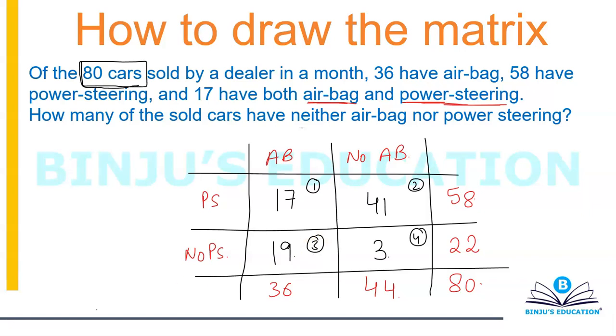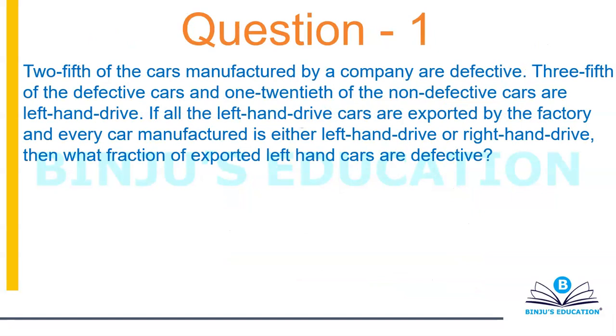Okay, so now let's move on to question number 1. Now understand this, there is not much in this concept that can be asked, right? It's like 3 vertical lines, 3 horizontal lines. They have to give you information in order for you to find out the answer, whether it is GMAT or whether it's GRE. Okay, so how do they make questions difficult? They make questions difficult by giving you information in terms of fractions, ratios, percentages. They use difficult wordings. Okay, so they try to confuse you with the help of words. Apart from that, there is nothing else, because it's a very simple concept.